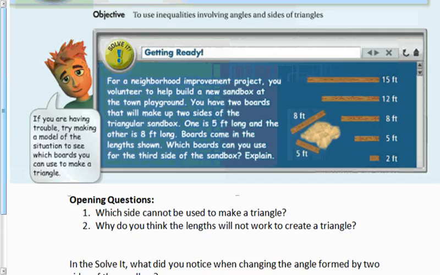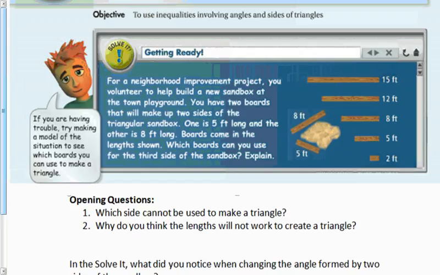It says, for a neighborhood improvement project, you volunteer to help build a new sandbox at the town playground. You have two boards that will make up two sides of the triangular sandbox. One is 5 feet long and the other is 8 feet long. Boards come in the lengths shown. Which boards can you use for the third side of the sandbox, and explain? So taking a look at this,